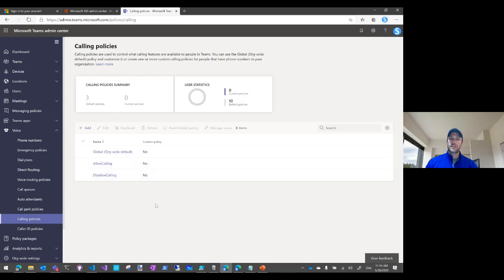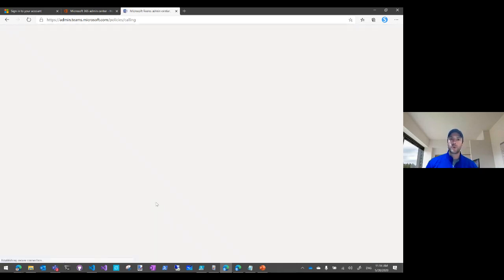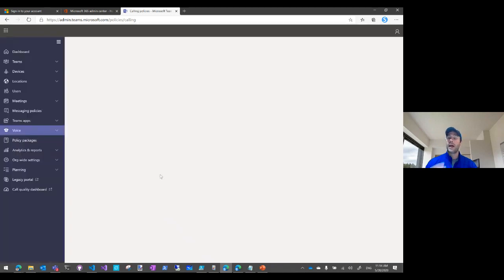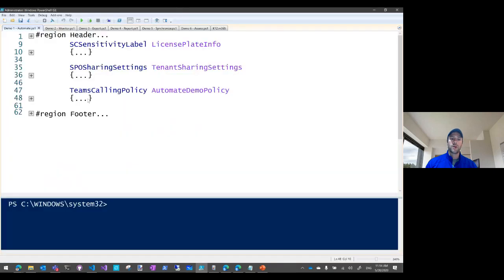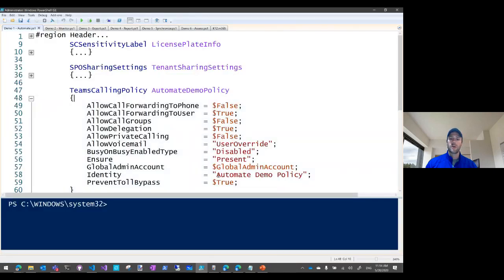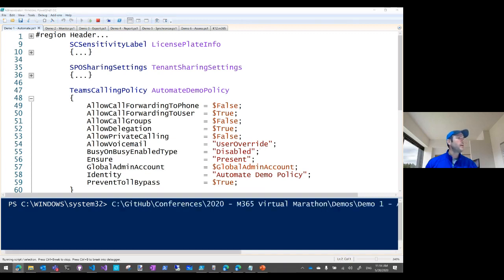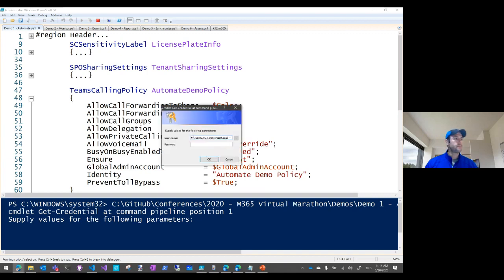What we see here is that in my source tenant, I'm just going to refresh this to show you that there's no smoke and mirrors, but we only have three calling policies, which are the default ones, right? Should come back anytime. So we only have three. Based on my definition here, I'm trying to add a fourth one called automate demo policy. So I'm going to go in, I'm going to run this here. It's going to prompt me for my credentials. I'm going to pass in the credentials for my source tenant